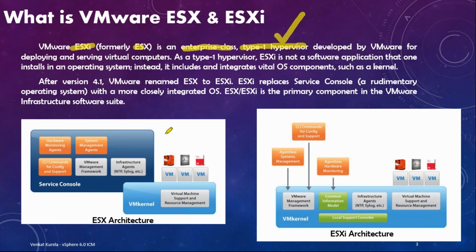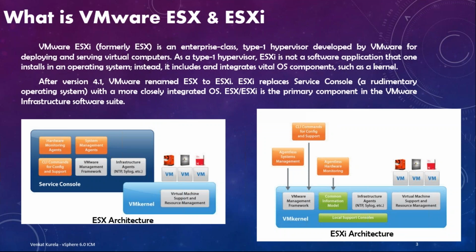Now, as you see the two architectural diagrams here, this is the ESX architecture and this is the ESXi architecture. Well guys, as you studied the history of VMware, VMware was founded in the year 1998 and they released their first enterprise class type 1 hypervisor in the year 2001. So that was a 3 year journey that they did,